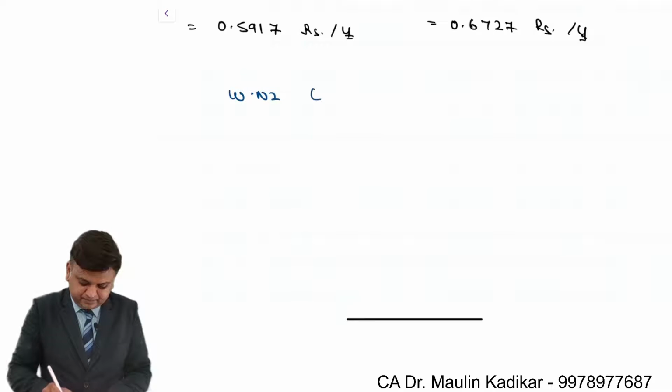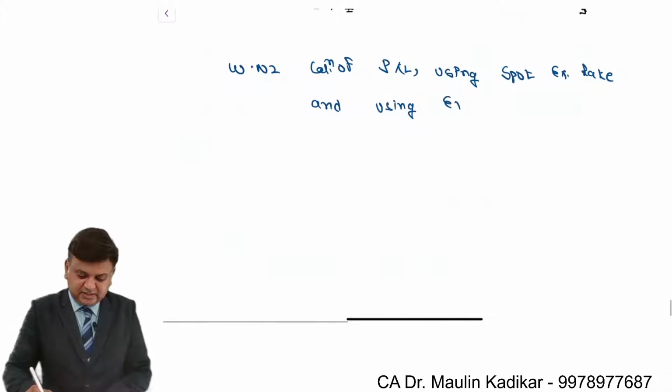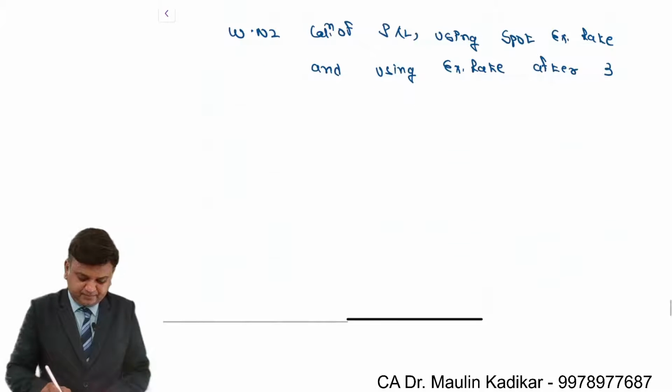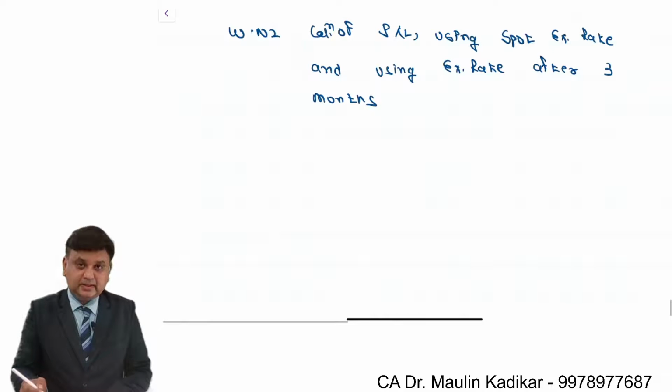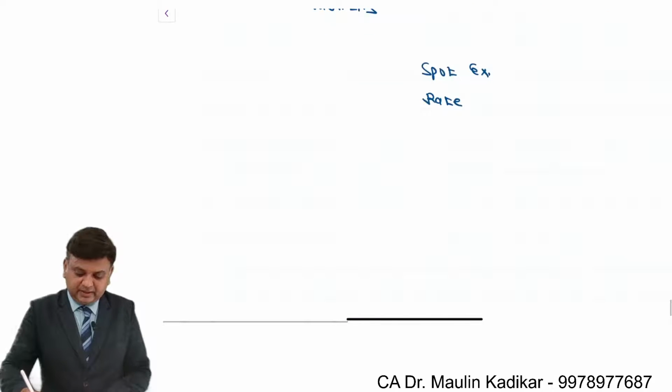Working note number 2, calculation of the profit or loss using the spot exchange rate and using the exchange rate after 3 months. So here column number 1 will be the spot exchange rate, column number 2 will be the exchange rate after 3 months,